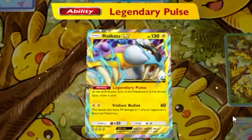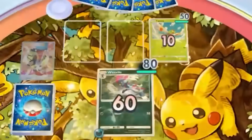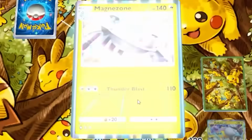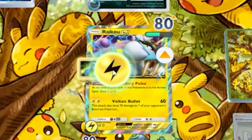Raikou's attack leaves Pokemon on the bench marked, so the idea is to use Raikou as a lead to draw through our deck quickly, score a point with him while leaving their win condition damaged. Raikou and Magnezone pair extremely well together, as Raikou not only allows you to complete the evolution more consistently, Magneton builds up energy on its own, meaning we don't have to worry about losing momentum by placing our first 2